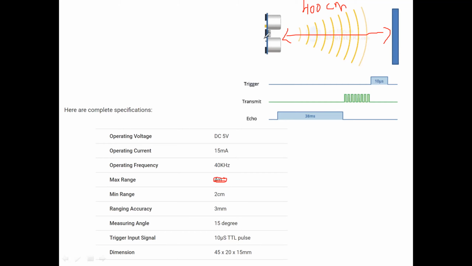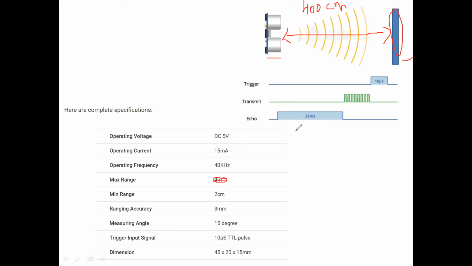The model number will be different in the market, so you can take any one of the ultrasonic sensors for the measurement of your object, whether objects or vehicles. Let us come to the features of the most widely used ultrasonic sensor.